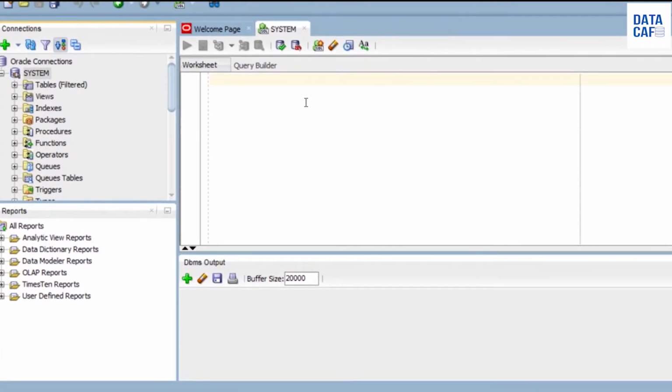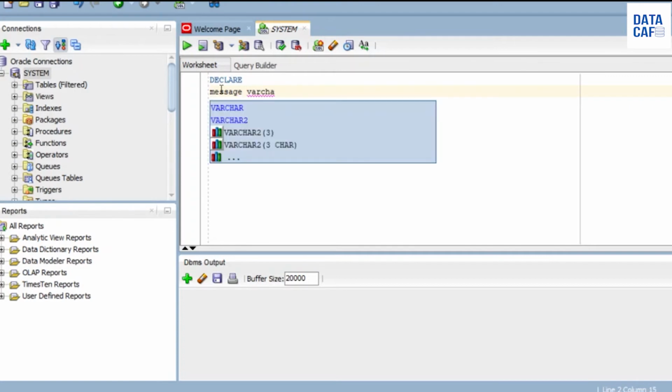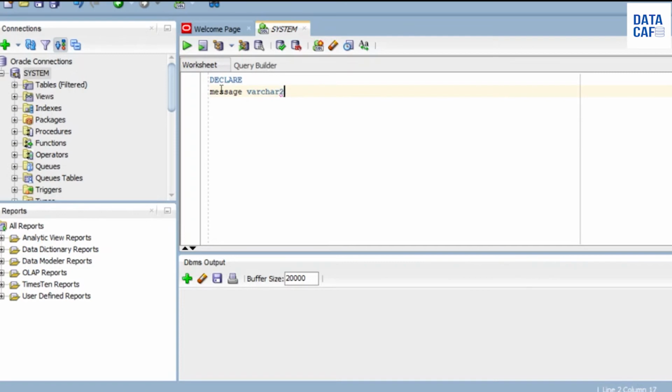Now I will show you how to execute the hello world program. First of all you have to type declare, then you have to initialize the variable. My variable name is message, and it is a varchar2 type variable, so I can store up to 20 characters in this variable.